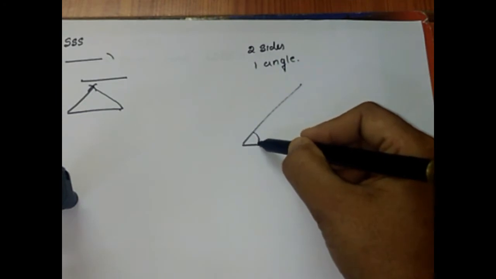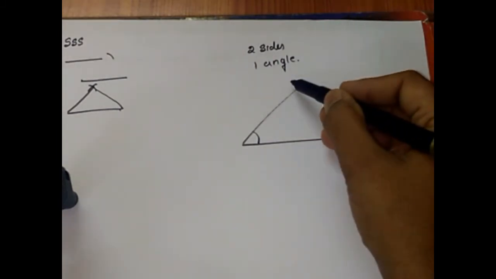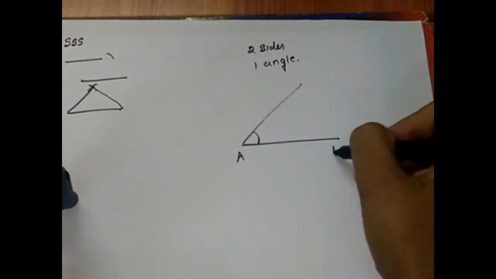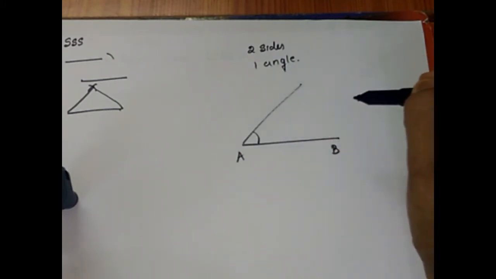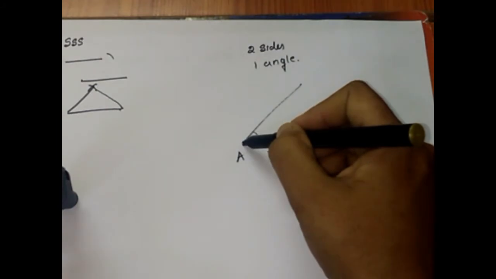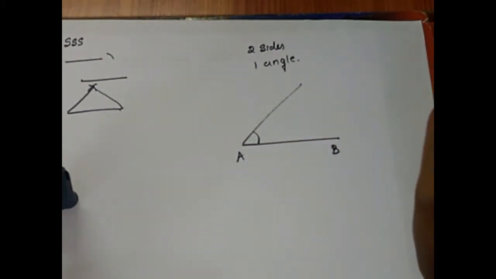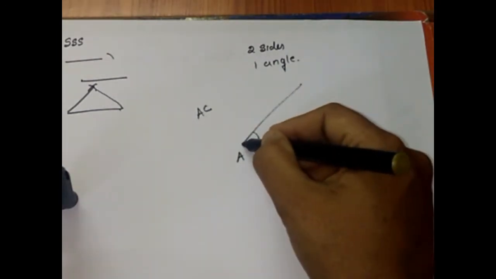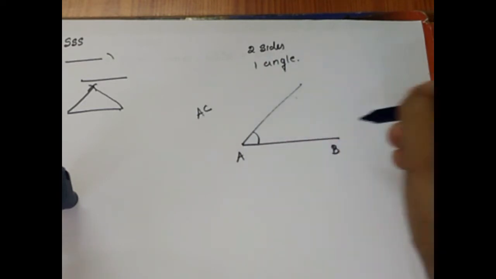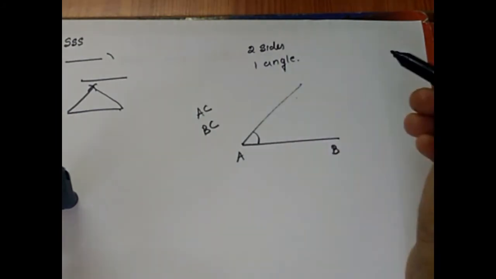An angle might be 60 degrees or 45 degrees or whatever the angle is. And the third step is to obtain the third vertex. If this is A and this is B, how to get C? C can be obtained by drawing an arc from A to C or B to C as per the information given in the question. If AC is given, we have to keep the compass at A and cut an arc. Or if BC is given, keep your compass at B and cut an arc for C.